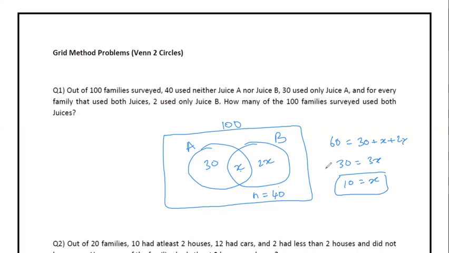So I got stuck out here for a second because I was wondering what is the total of B or what is the total of A, because those totals are not given out here. Only the only part is given. This was a good question. Anyway, moving on. So this question actually would have been difficult solving it using Venn diagrams. Now, what I'm going to do is I'm going to